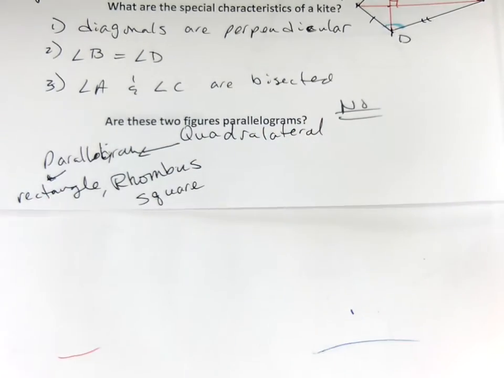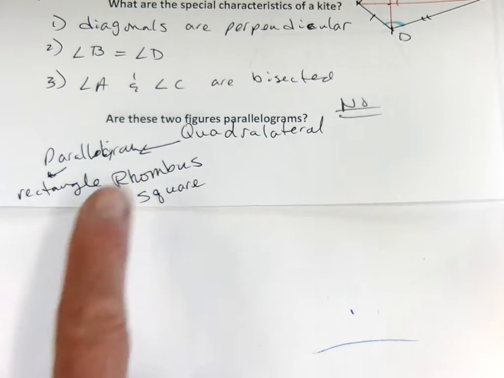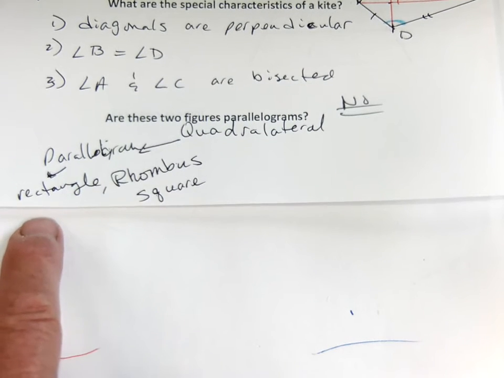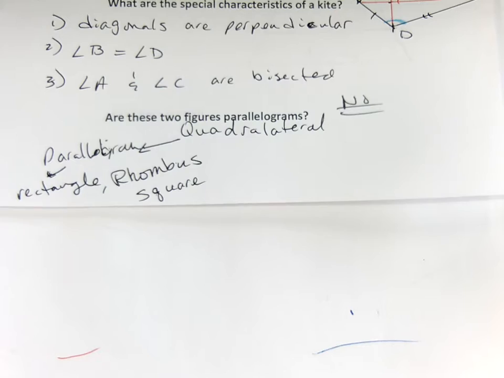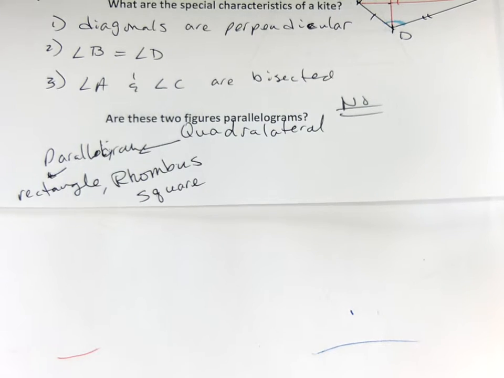That's that family, right? So if you're a square, you're a rhombus. If you're a square, you're also a rectangle. If you're a rectangle, you're also a parallelogram. That's the family. Now the other brother,